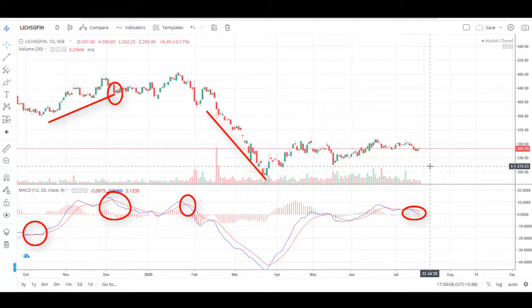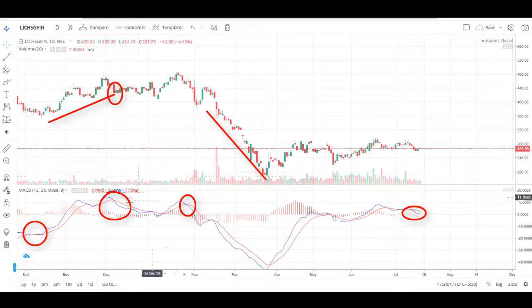The MACD indicator is also known as a lagging indicator because of its false signals. Sometimes it supplies false signals, you can see them here as well. It's giving a sell signal, but you can see the price was moving sideways. So sometimes what professional traders do is always combine MACD with other indicators, so they filter the signals to avoid false entries. At least they will use another 2 indicators such as RSI or support and resistance.